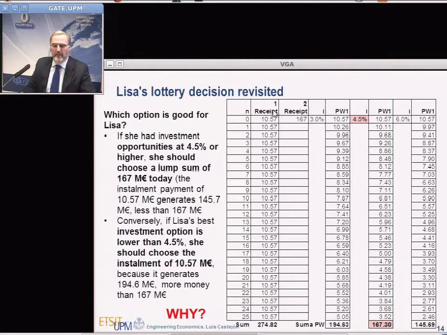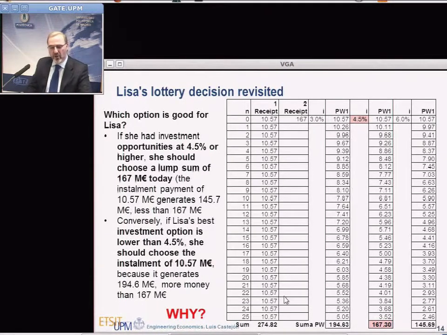In column 1 is the alternative, investment 1, which is to receive every year, even today, 10.57 million euros from today to year 25. So you will receive 26 installments of 10.57 million euros. At the end, you will receive an accumulated amount of 274.82 million. The other alternative to compare with is the receipts you will receive in option 2, which is